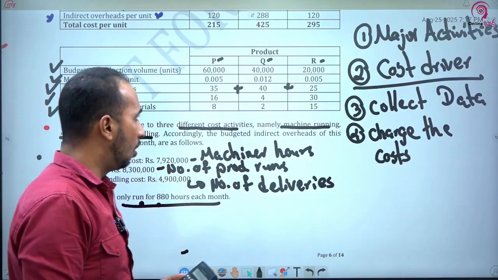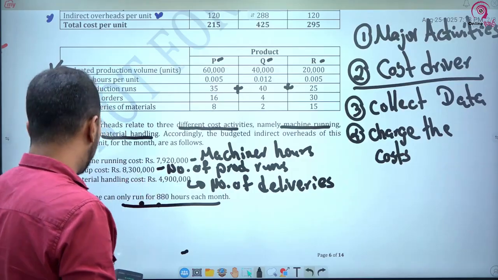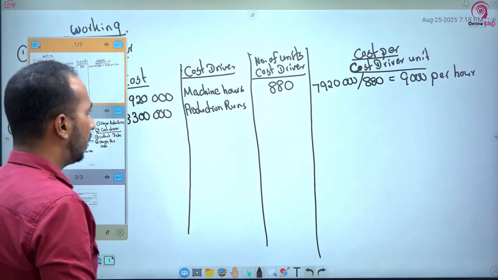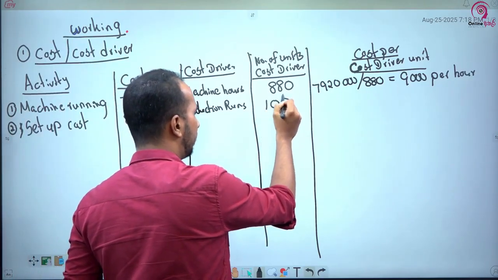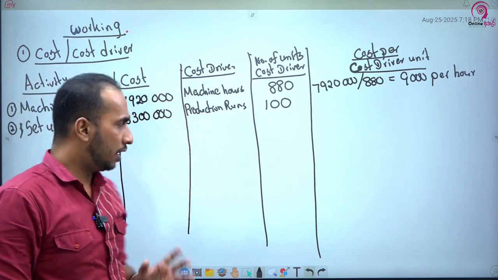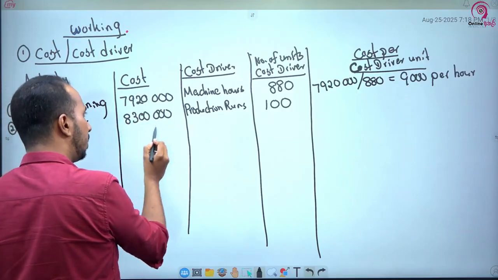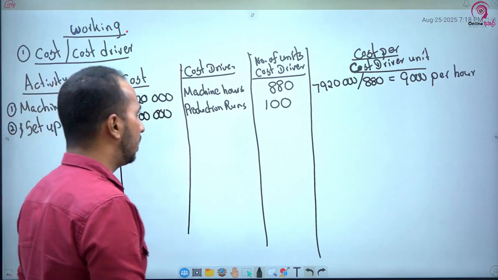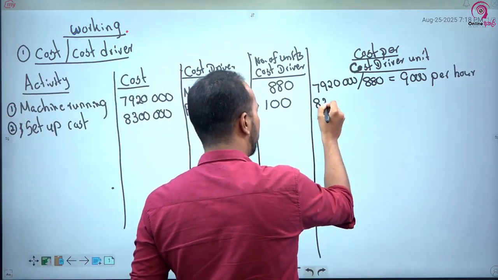Now you can take the sum. All together, we expect to run 100 production runs. So you can take that as the cost driver. So the number of cost drivers is 100 in this case. For setup cost we expect to incur 8.3 million. That is for 100 production runs. So you can take the cost per cost driver in this way, 8.3 million